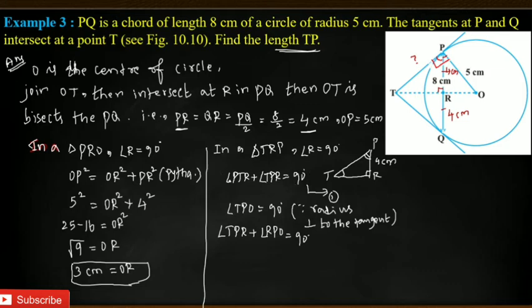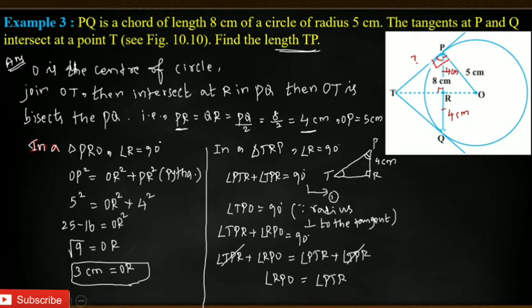So now we have answer number 1. In answer number 1, 90 equals this two sum values. Let me use this. So here we have TPR plus RPO equals 90. In the sense that we have this full answer I'm going to write instead of 90, because on the RHS we have 90, then instead of 90 we can write the left hand side. Okay, now you see here PTR plus TPR. So anything we have common? Yes, we have this common, so I have cancelled. Then what I have remaining? RPO, which is equal to PTR. Now we got these two angles are equal.